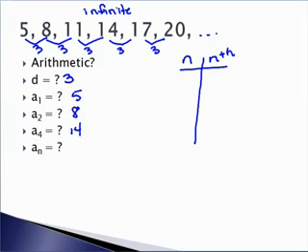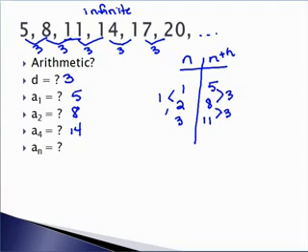So for example, if n is 1, the value of the first term is 5. If n is 2, the value of the second term is 8. And if n is 3, the value of the third term is 11. Well, that's good enough to help us find a formula. So if we're growing by 3, when here we're growing by 1, our rate of change is